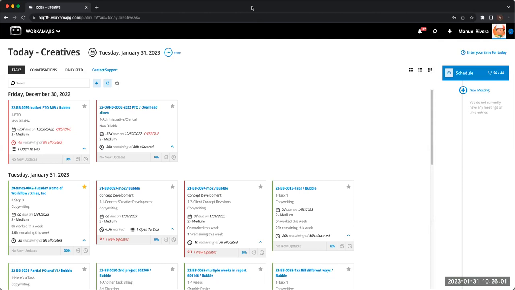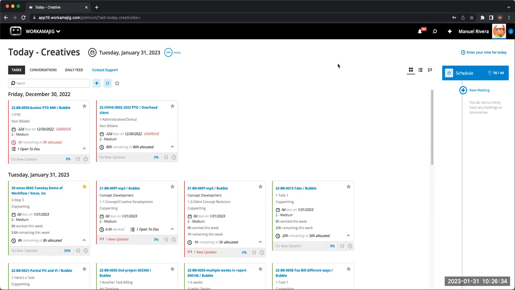So I do have a question. Is there a way as an admin to view in Workamajig what another employee sees? Unfortunately, no. I know there was an example in the Q&A given about insertion orders. And in this case, even though the answer is no, there's no way to do it. One other thing that I did skip, and I'm glad that you brought up because I did want to mention it, is that you as